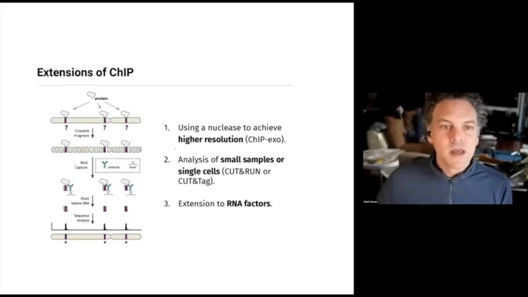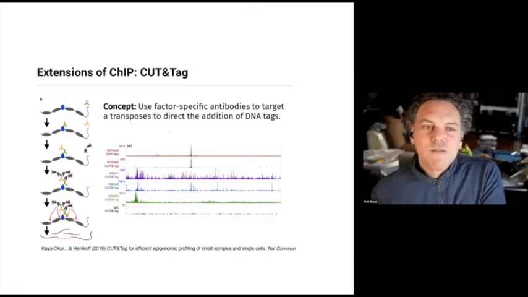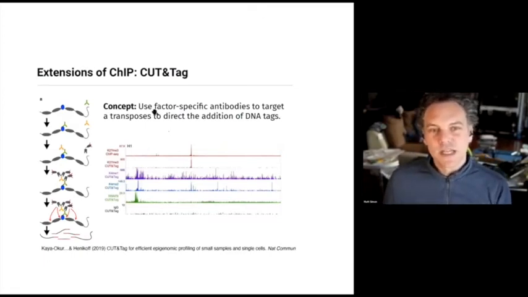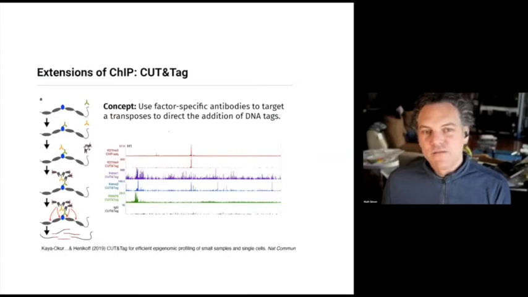So let me just dive one step deeper into the CUT&Tag one, just because I think it's pretty cool. The idea, once again, is that we can take the chromatin and, instead of shearing it up and doing a ChIP experiment, we can take an antibody and have it direct where a Tn5 transposase goes in, and where it goes in, it'll cut and add in this DNA element. And because we preloaded our transposase with a known DNA, we can use